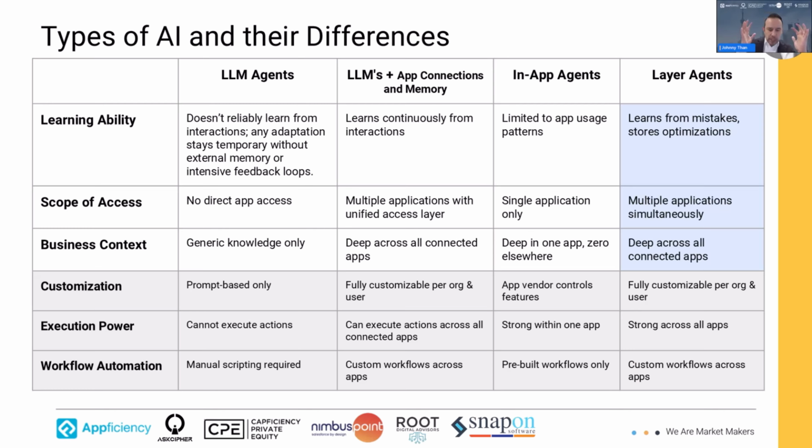But LLMs plus app connections and memory are primarily the concept that if I gave you a screwdriver or one toolbox, you'd be able to build a house. Although that's true, it's not the most efficient way to build a house, right? We really need certain specific tools if I'm building a house, and that same toolbox should probably not be used to build a tractor. Although you can use a generic tool to build all these different things, it's not the best way for an enterprise to go about it. It might be okay for an individual casual user, but the enterprise needs to be fast, efficient, and provide value to its end customer. And so it needs a more tailored experience.